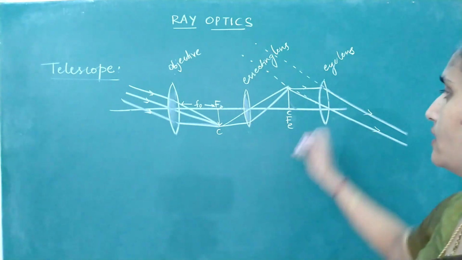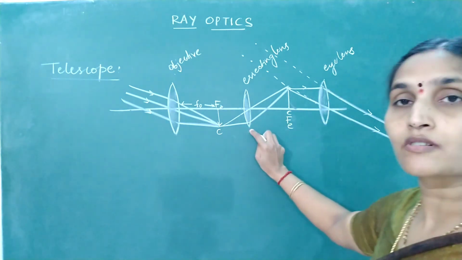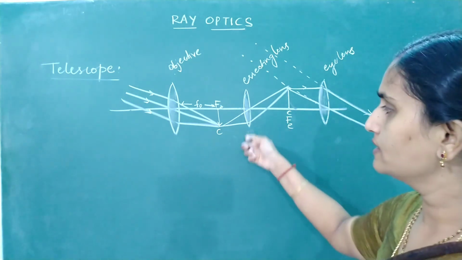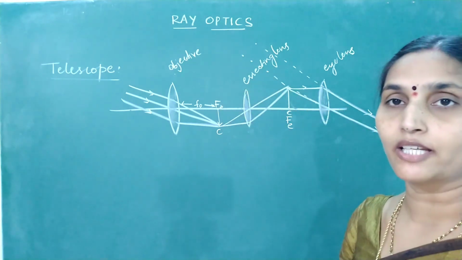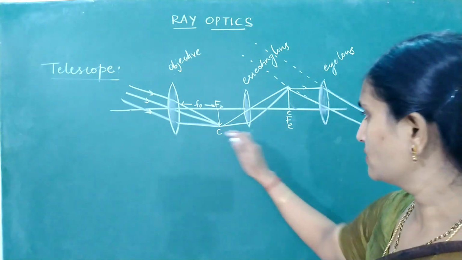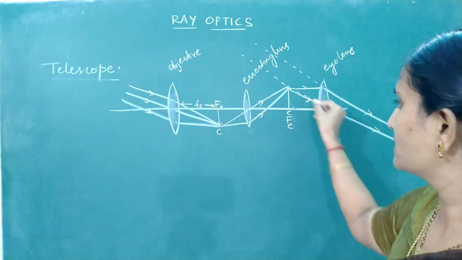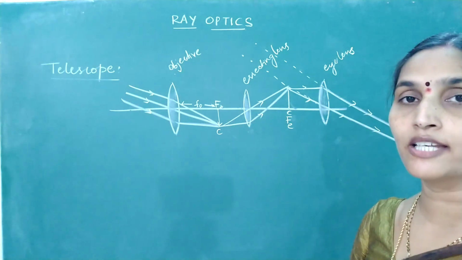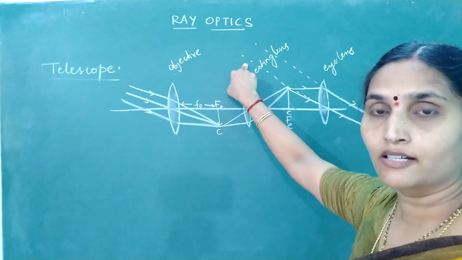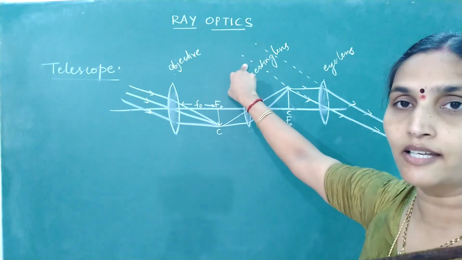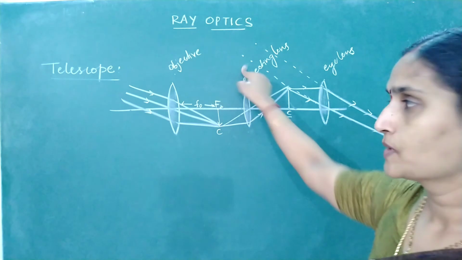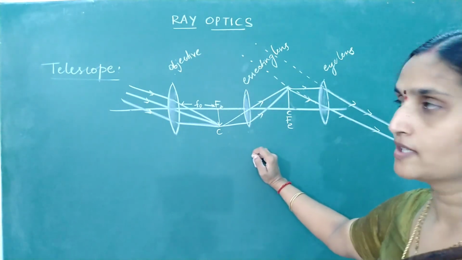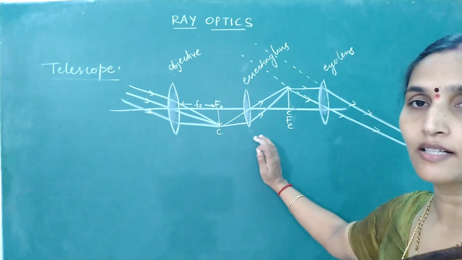Tell me what correction did we make here? We have just introduced one more lens in between the objective and eye lens, so that this lens is going to make this inverted image into an erect image. But remember, when you use a number of lenses like this, as the number of lenses increases, the intensity of the final image will gradually decrease. So the image we get here will be much dull and less intense when compared with the previous. So at the cost of intensity, we are going to get an erect image. This is the construction of a terrestrial telescope.